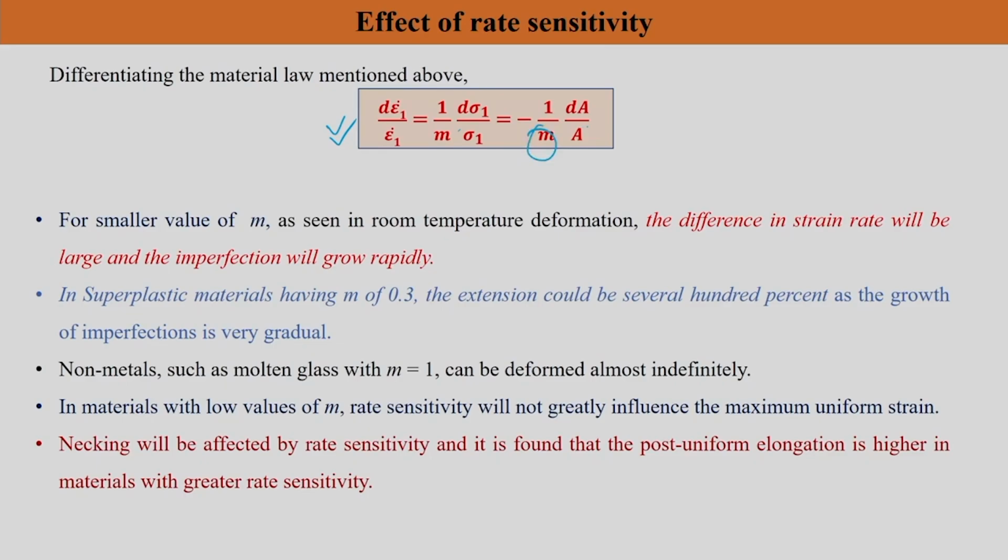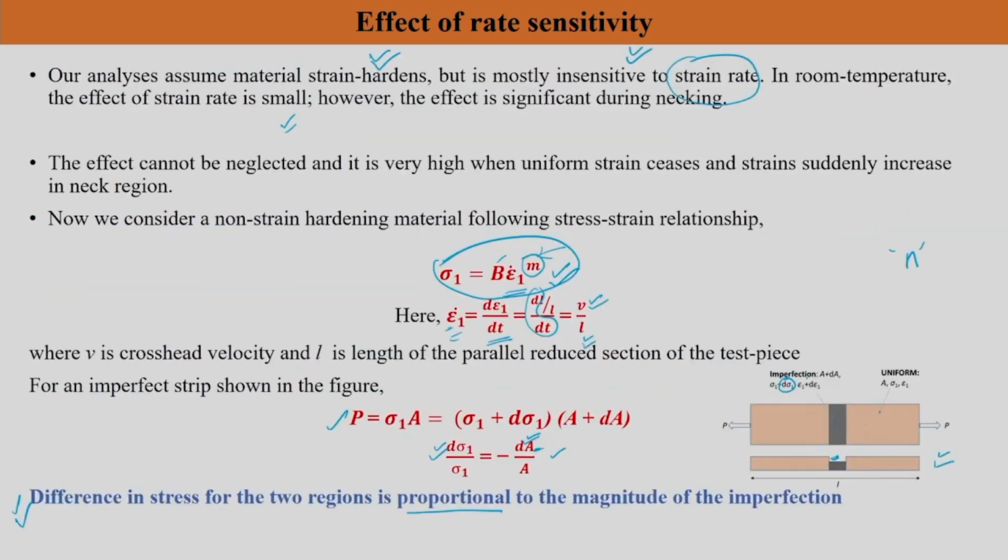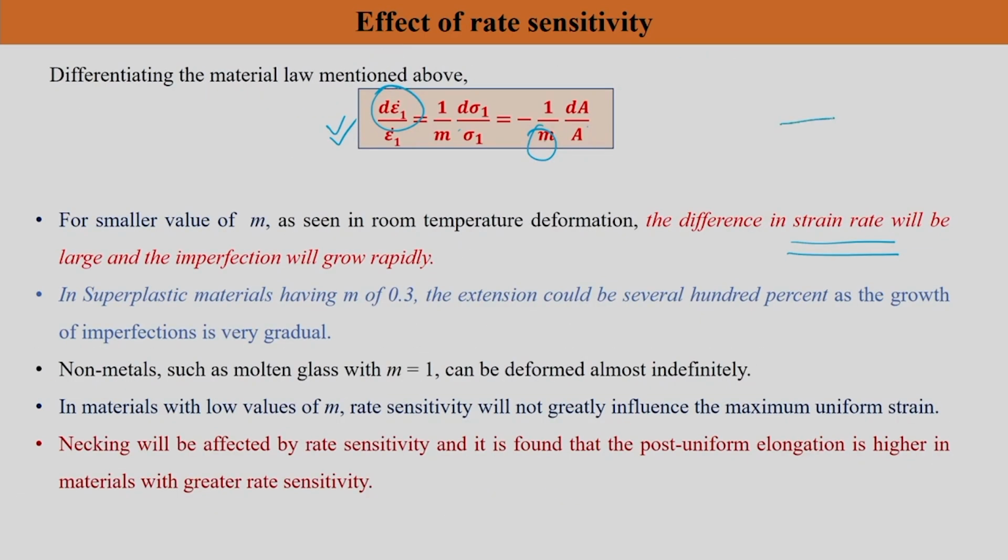So, now this equation is going to tell you certain important observations. For a smaller value of m, you will see that the difference in strain rate will be large and the imperfection will grow rapidly. So, difference in strain rate means between these two regions, there is an imperfect region, there is a perfect region. This is your neck, let us say, which is an imperfection we have, and this is a neighboring region, which is a uniform region. You will see that the difference in strain rate between these two